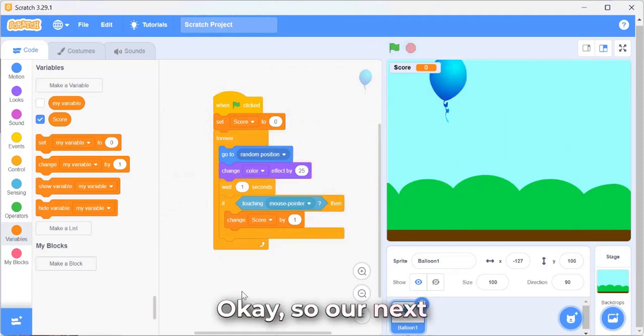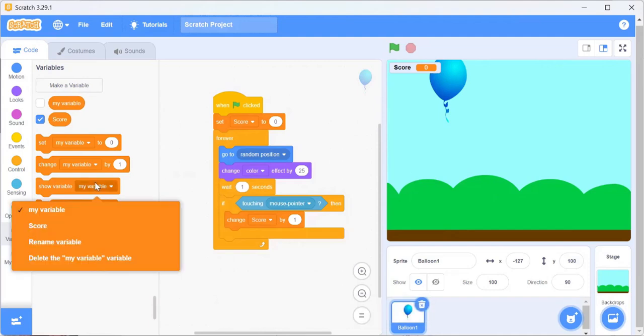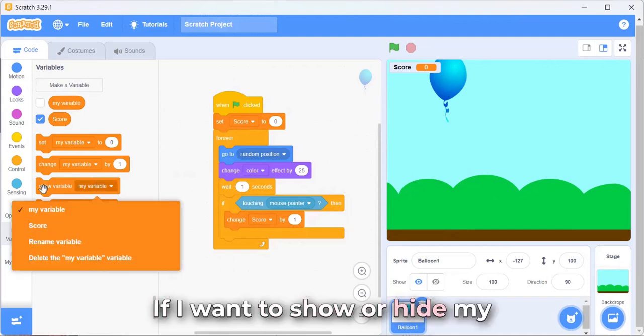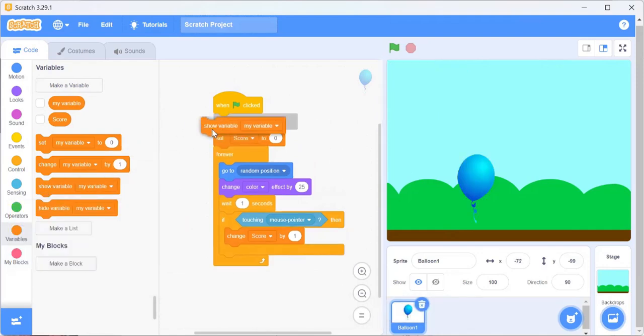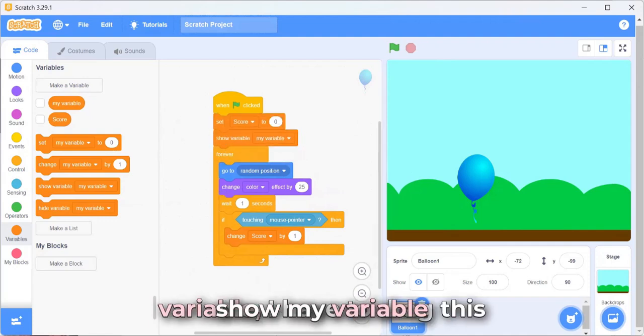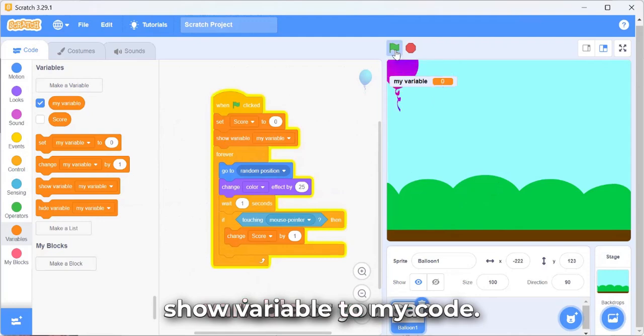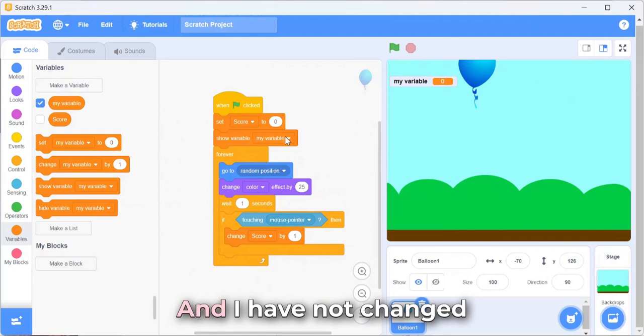Okay, so our next is show variable. If I want to show or hide my variable, it can be done like this. So if I want to show my variable, I have to drag the show variable block to my code, and I have not changed it to score here, that's why it's showing my variable.